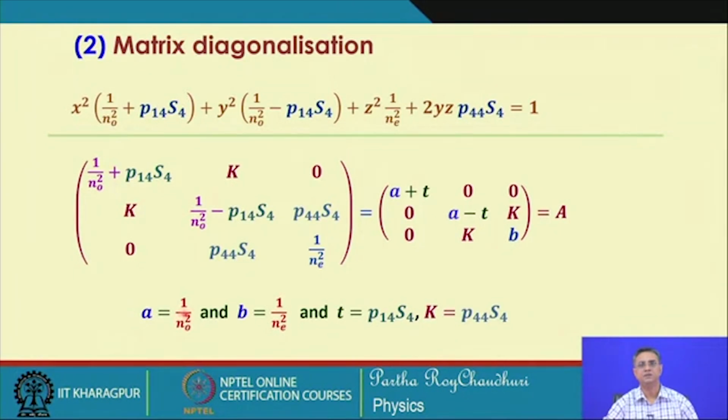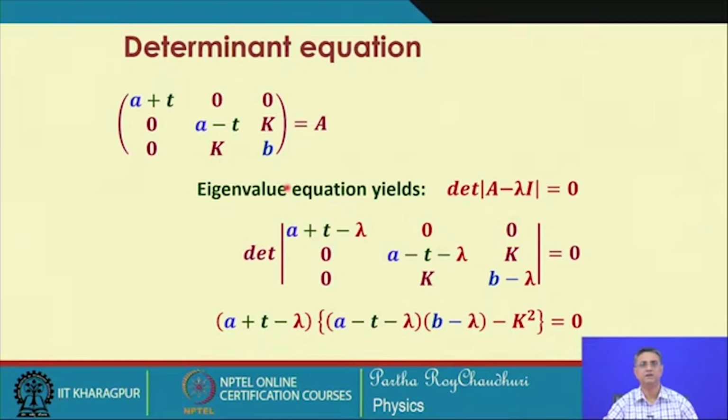These are the substitutions if we write. So, we get this matrix which has to be diagonalized. Let us call this matrix A, and the eigenvalue equation will be this polynomial, the determinant of this equation equal to 0, that is well known, and from here we can write this determinant equation,